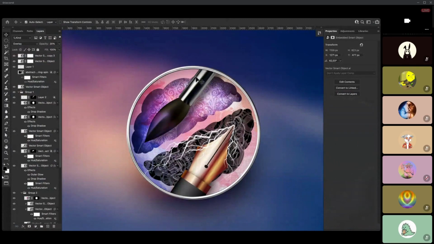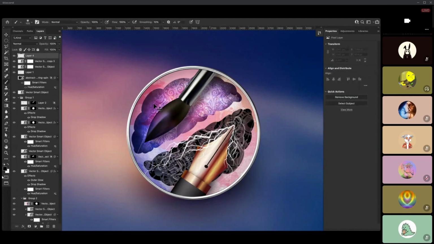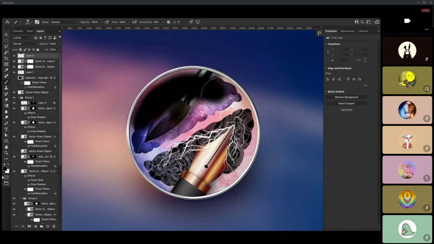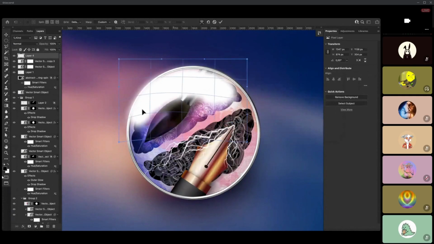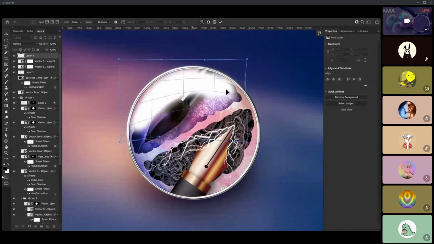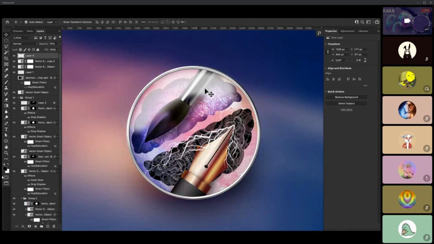For example, if I look at this badge, I can simply create a little layer that can have, let's say, a little shiny thingy on top. For example, if I go on B, I can simply create like this. I can increase the lightness of it. I can warp it, to just give it a bit of dimension. That is all that's needed. Like so. And I just drop the opacity, or I'll try to play further with this.